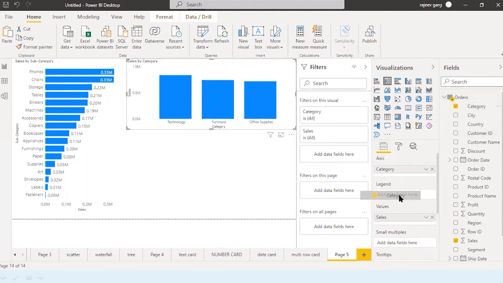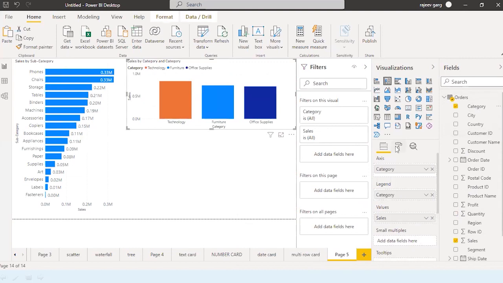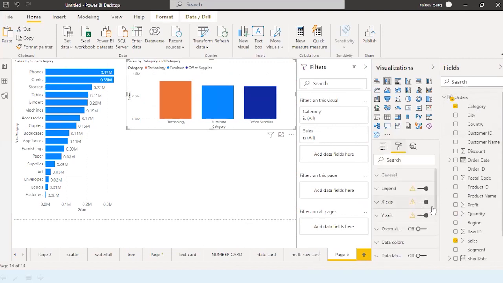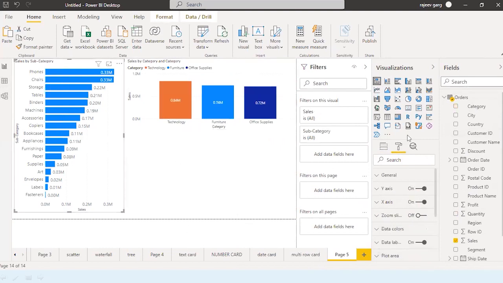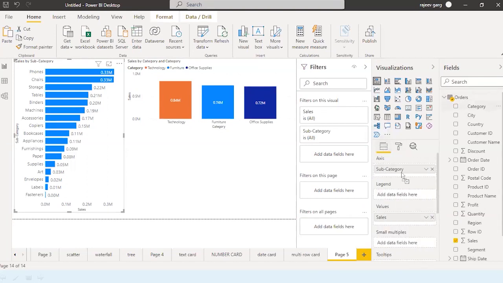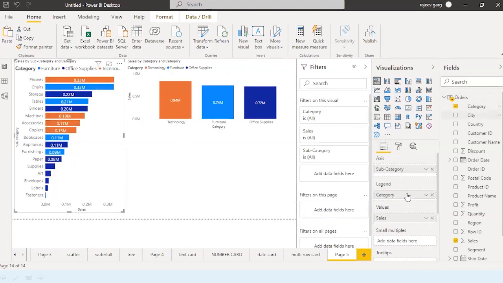Let's put the category into the legend as well. And let me display the data labels. For this also, I would like to display the category into the legend.